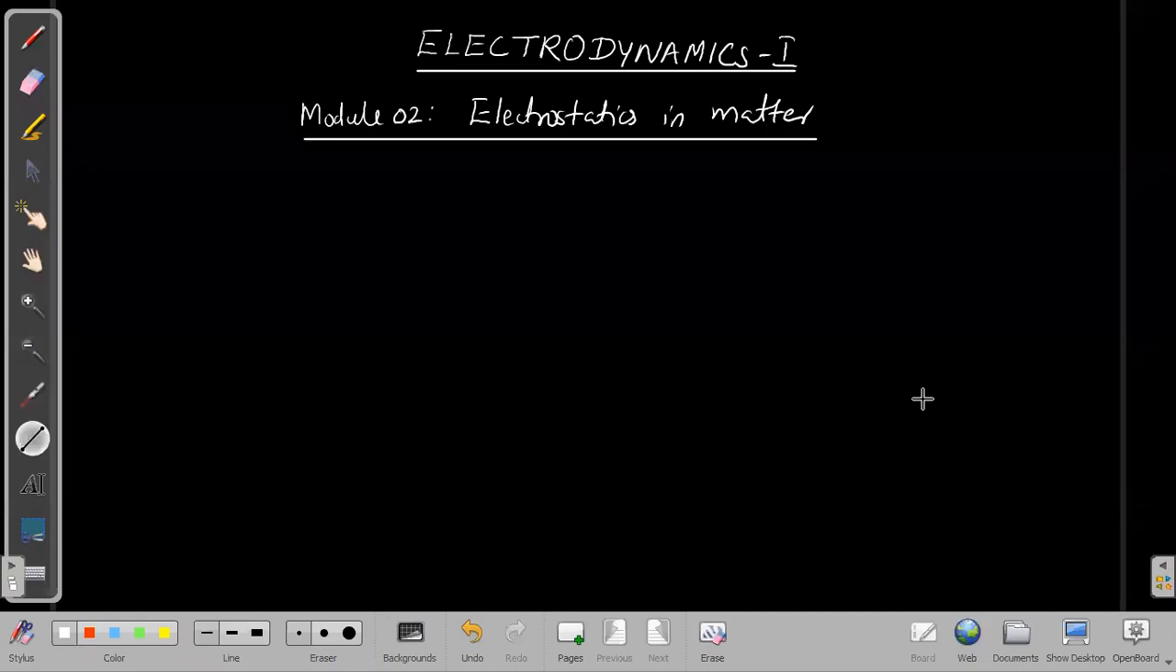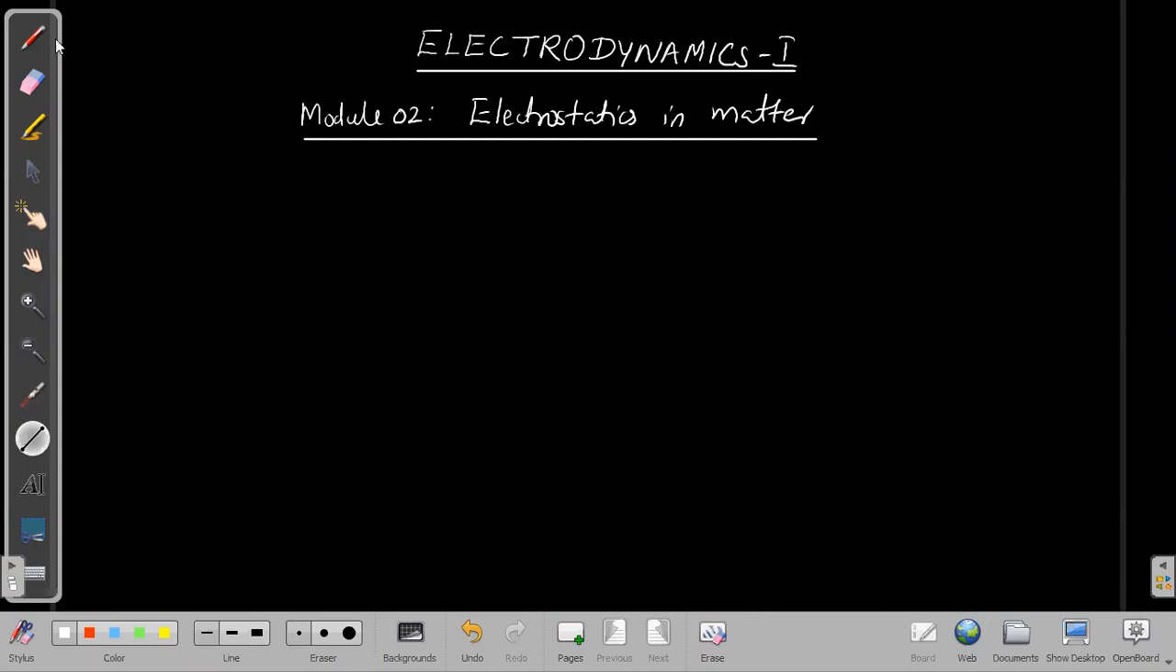Welcome back to discussion on electrodynamics 1. So we already completed our first module, which is basically electrostatics. It deals with how to study a static electric field. Now our second module again deals with the static electric field, but what would be the effect of static